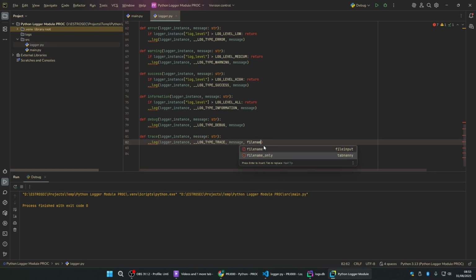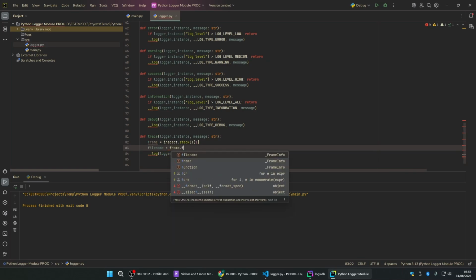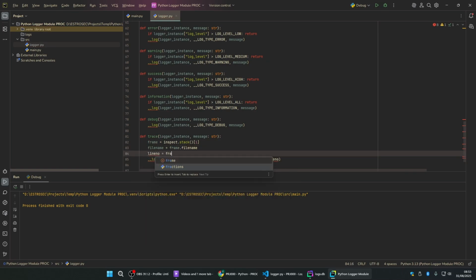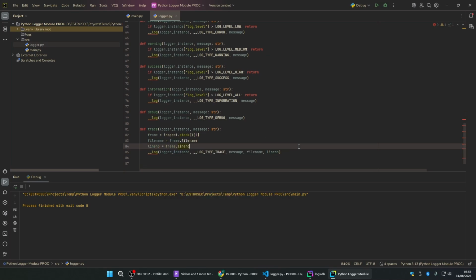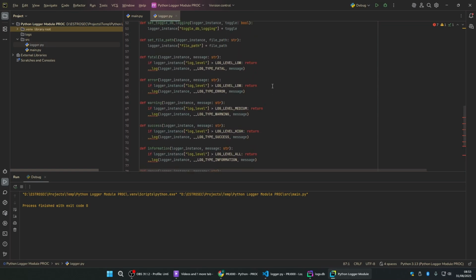So we're going to do frame equal to inspect.stack 1, which will get the file name and line number. So file name is equal to frame.filename, and line number will be equal to frame.lineno. So that's how that works. Awesome. Now that we have all that ready to go,